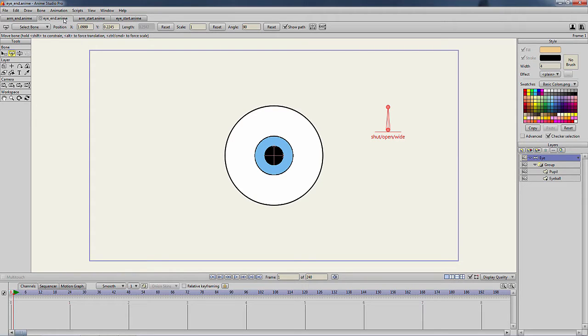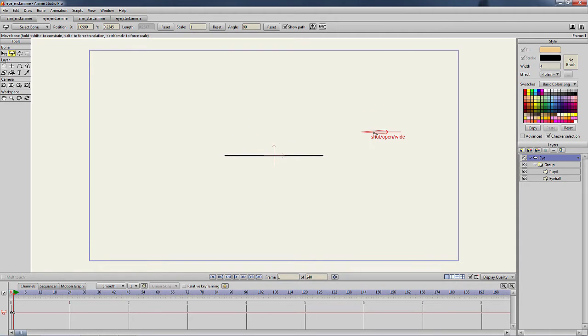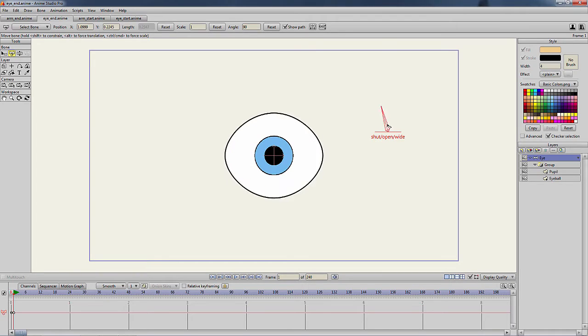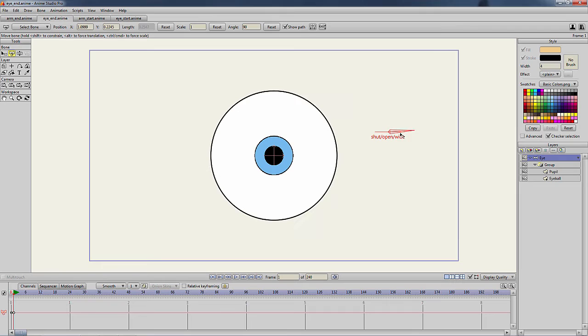But smart bones can also be used as dials to control pretty much anything that can be animated inside an action, like in this example of an eye. As you can see, smart bones can be used to control any action you can build in NME Studio. Now, let's have a look at how to build our own smart bone.